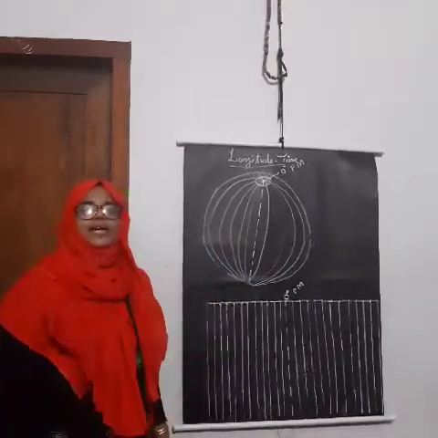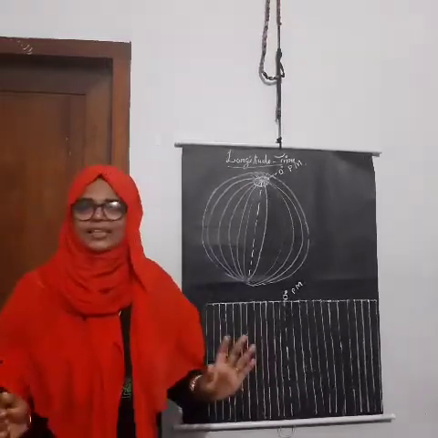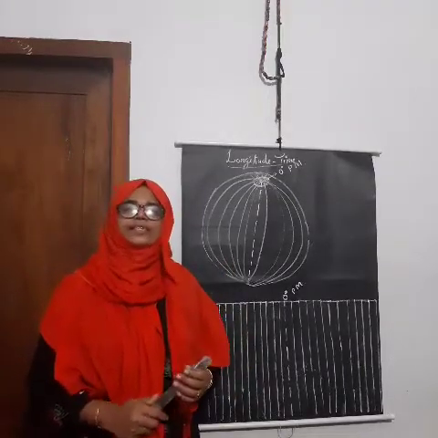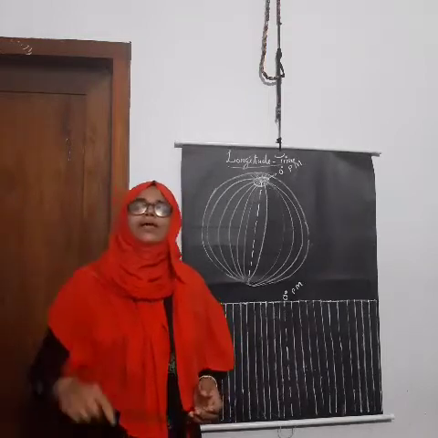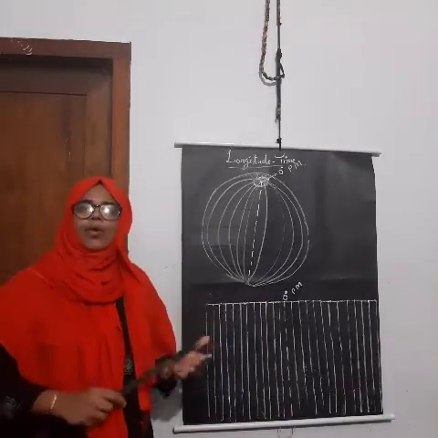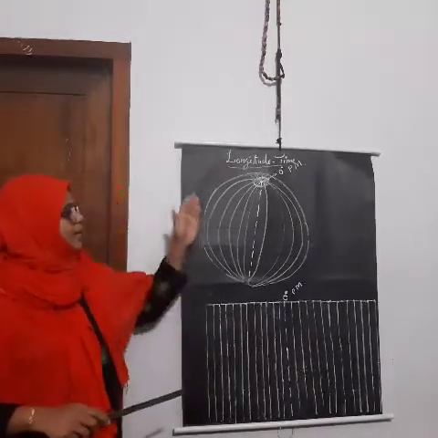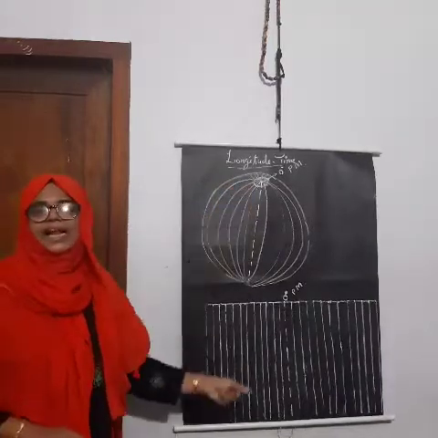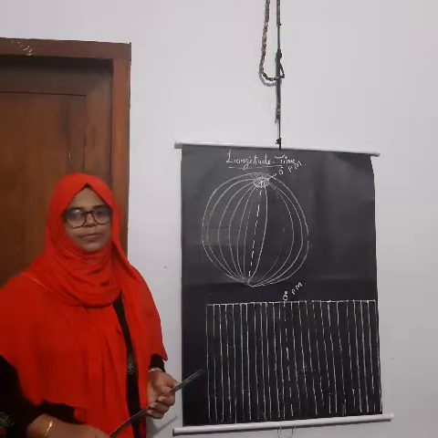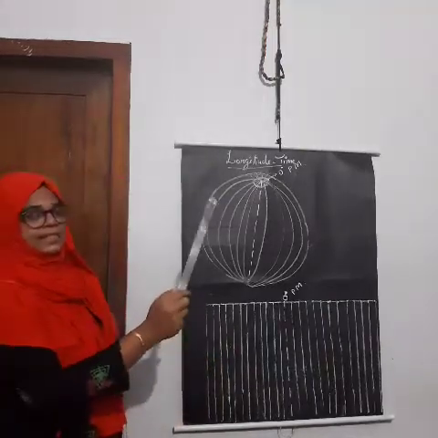You may know one thing, that actually on the surface of the earth there are no such lines. For locating the places, we are drawing certain lines in our mind. These lines, whether horizontal or vertical on the globe, are imaginary lines. Today we are going through the vertical lines that are found on the surface of the earth. Sorry, not the surface of the earth, the surface of the globe. Vertical lines. Just listen here.